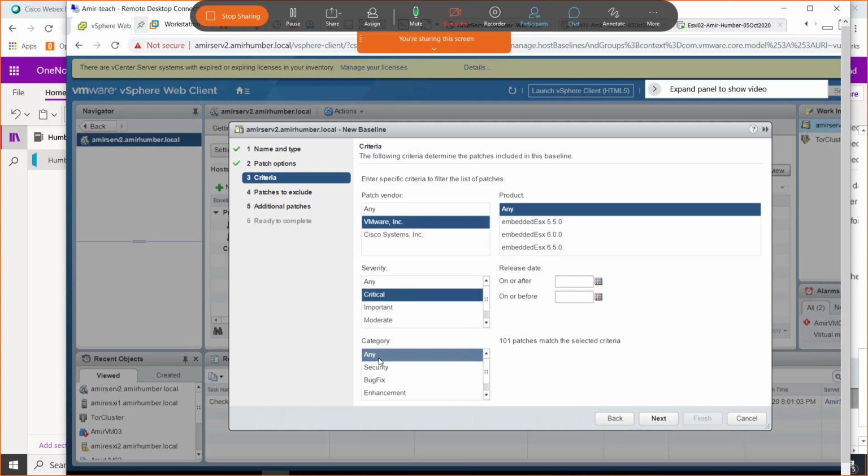And then there is category: any, security, bug fix, enhancement. Actually, we want to go for security patches as well, bug fixes as well, enhancements as well. So it's better to keep the category as any, but they're all critical patches, right? For now, the 101 patches match the selected criteria.